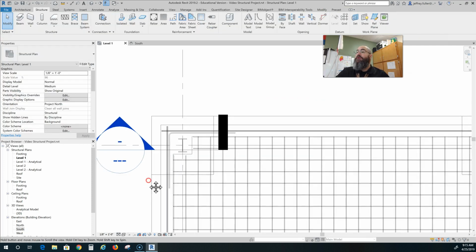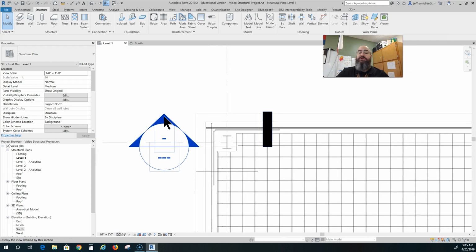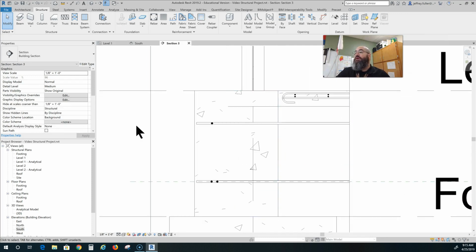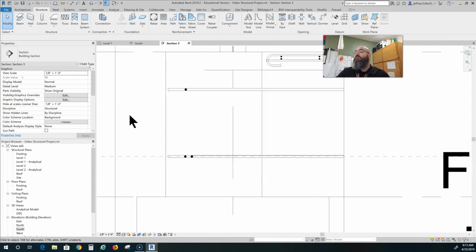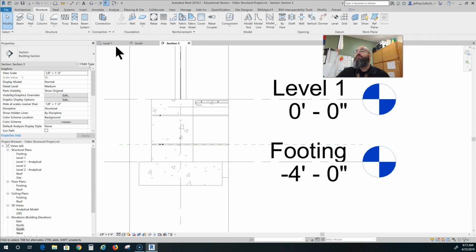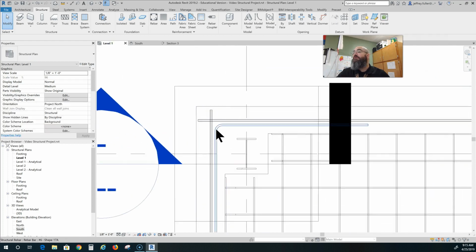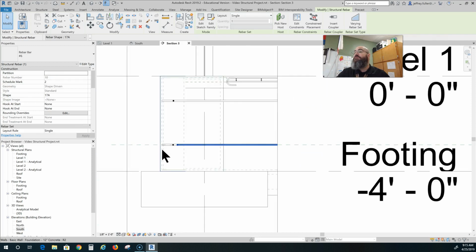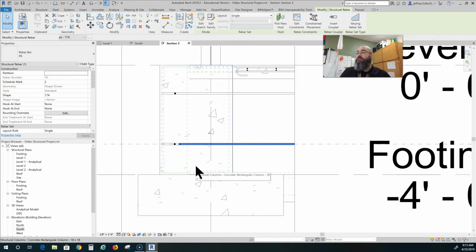Okay, and now we're going to go to this section view. So if you don't have a section right here, go ahead and put a section there, and you're going to click on that. And actually I should have had my rebar selected already. Let's go up to the top, make sure we have the right one selected. So select it and then go into your section view, and now we're just going to use our arrow keys. We're going to bump it up. Okay, it needs to be kind of right there,